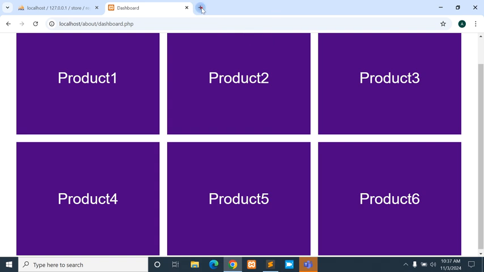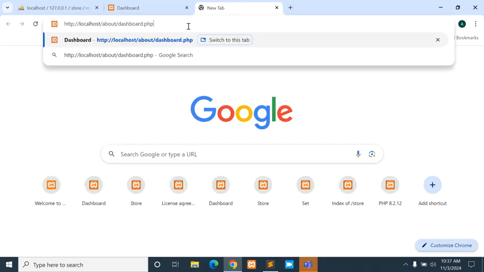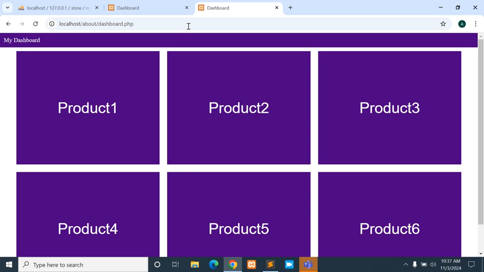If somebody else picks your URL and pastes it here, they need to be brought to the login page, which means your dashboard is not secure. So we want to see how we can secure this in this video, and with that I want us to use